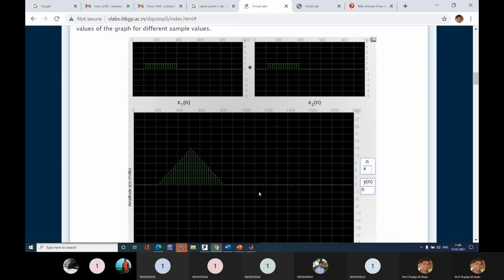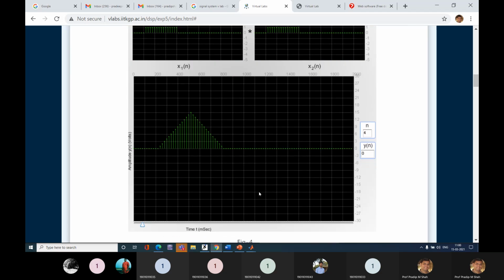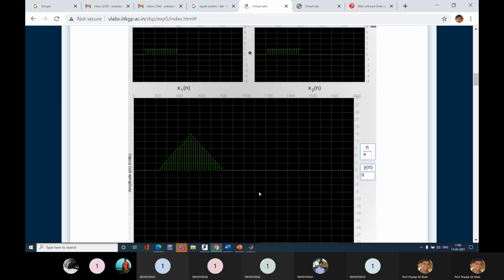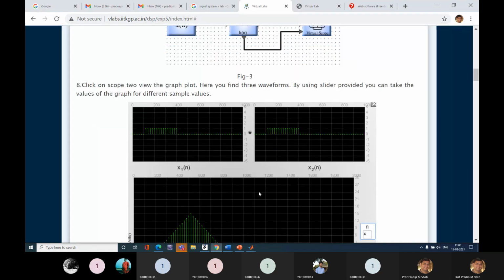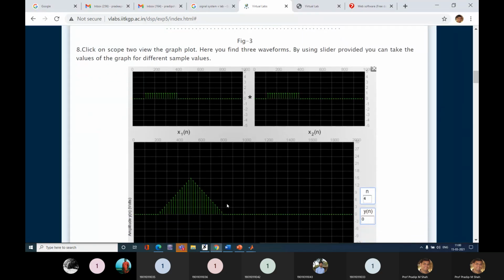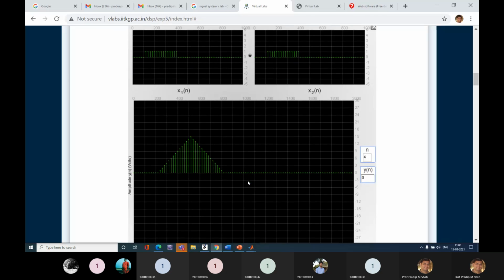So here you can see that the output of the system, this is my response of the LTI system, or you can say a convolution of this x1n and x2n. So this is the convolution you are finding.